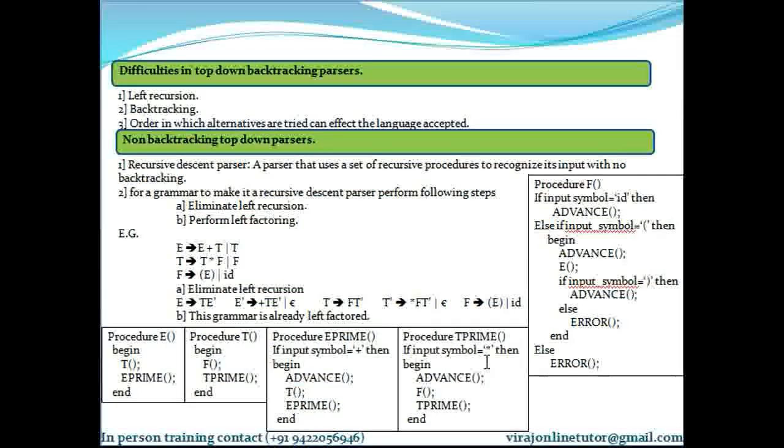Second, backtracking: if the option selected is wrong, we have to simply backtrack, and it wastes a lot of time and effort. Third is the order in which alternatives are tried, which impacts a lot, because if you are trying the alternatives in the wrong manner, it will take lots of time for a language to get accepted, right?